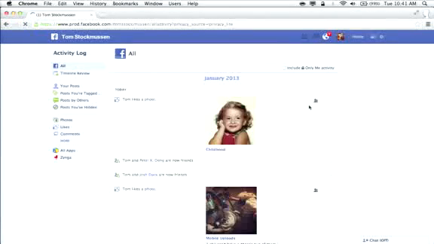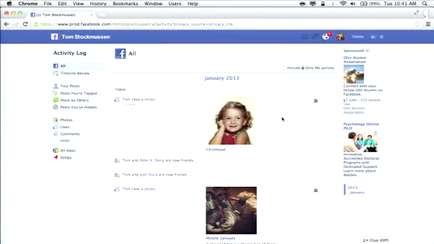So I'll go to my activity log. And you can see this shows the activity that I've done on Facebook, and it brings it together all in one place. So things I've liked, things I've posted, things I've commented on. You can see that because we just liked this photo of Cheryl, it's right at the top. On the left, there are these filters for where I can just see my posts or just see posts that I'm tagged in. I'm going to click on the photos one.